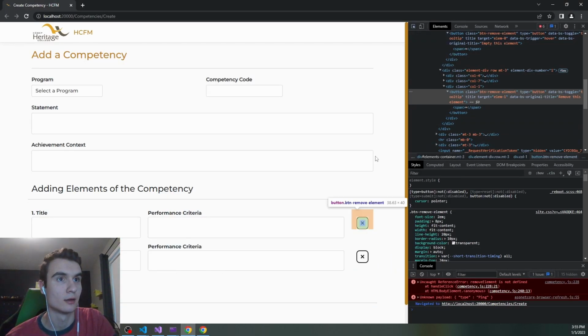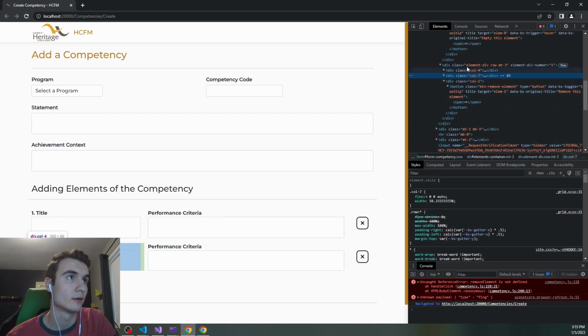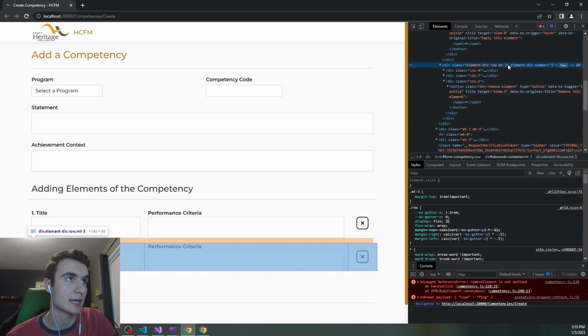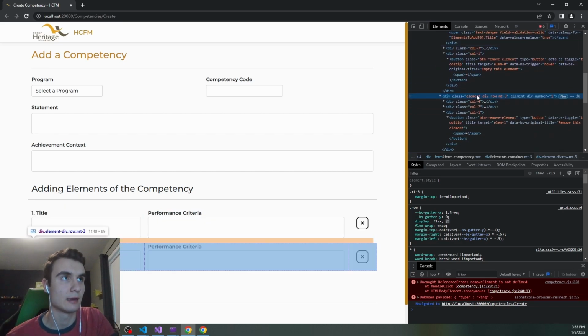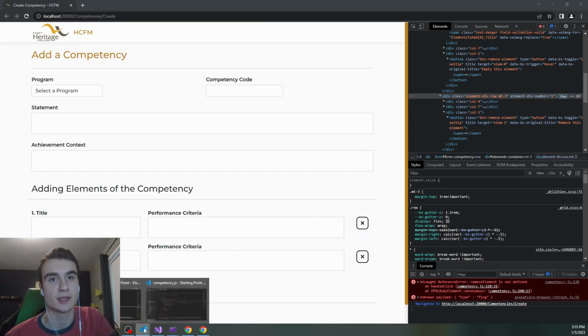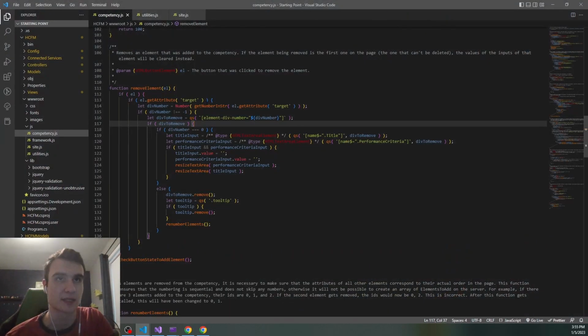Let's go back in the page here. Let's look at this parent div, element div. It has this attribute here of element div number that gets renumbered automatically because we set that attribute as part of our attributes array from earlier. And so every element div has that, just so that we can easily target this div. And then this is our div to remove. If it exists, then